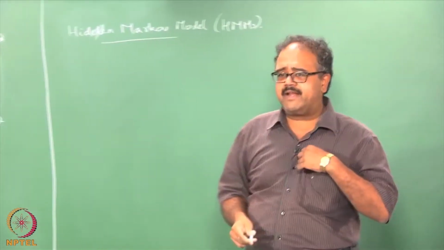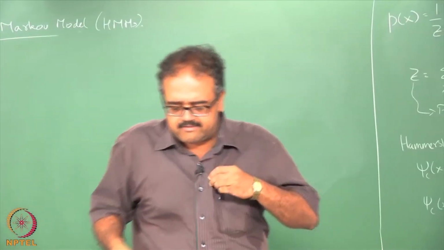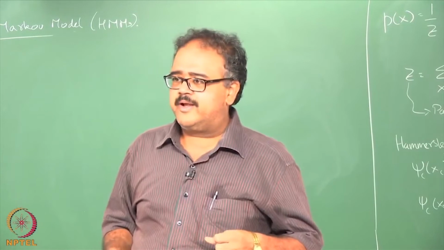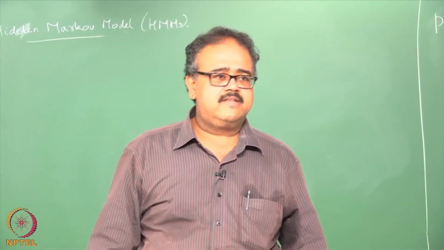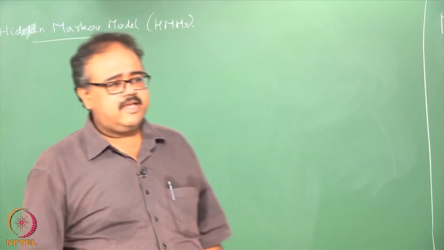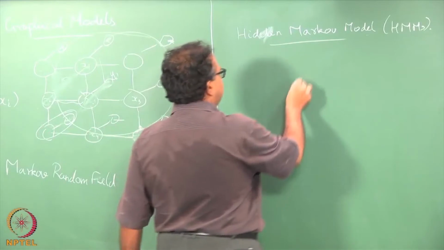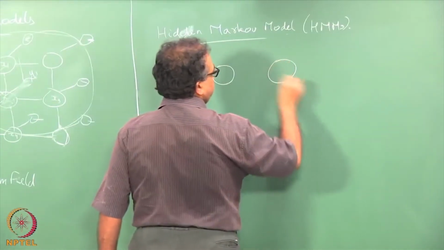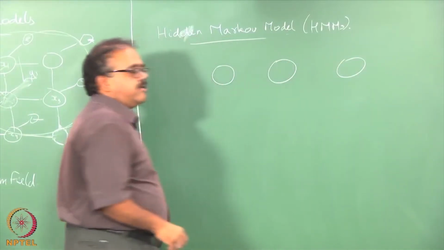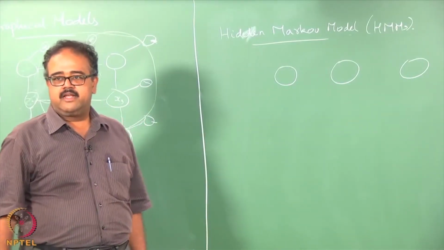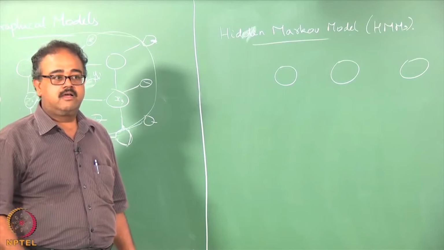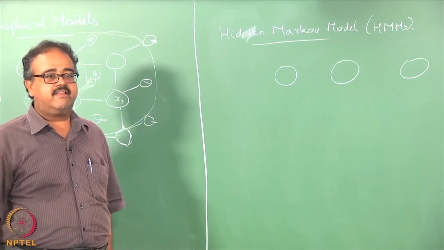Right. So people might have come across HMMs in other contexts, and you might be wondering what does he mean by saying it's a graphical model, but it is a graphical model. So here I will stick with a concrete example. I am going to have a sequence of random variables. I am going to assume that it is Markov in the traditional sense.